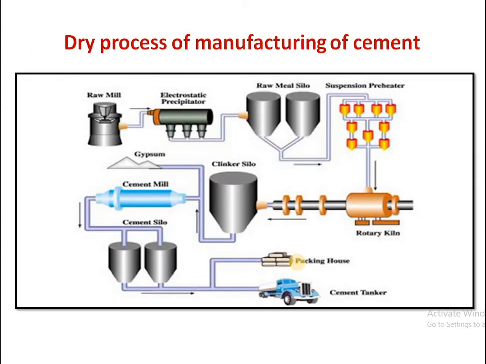From this figure you can find how the manufacturing plant works. Here the raw materials are taken, then they are crushed together and mixed together, and after mixing, preheating is there, then actual burning at a high temperature, then there is clinker storage. Then we add 2 to 3% gypsum, and regrinding is done in the cement mill, and we will get the final product in cement silos, which can be processed for further packing.